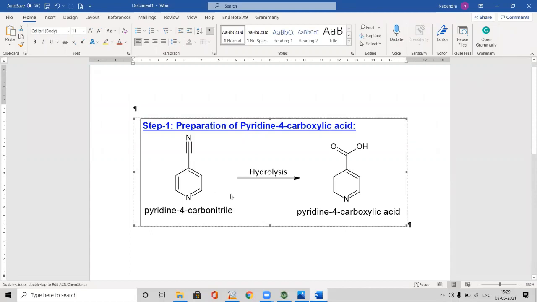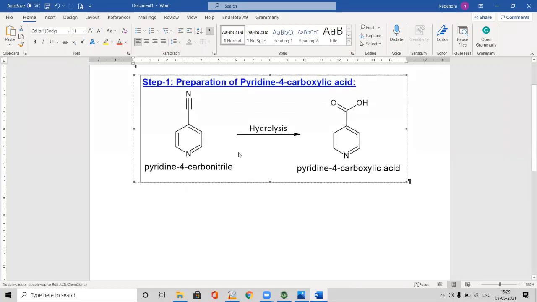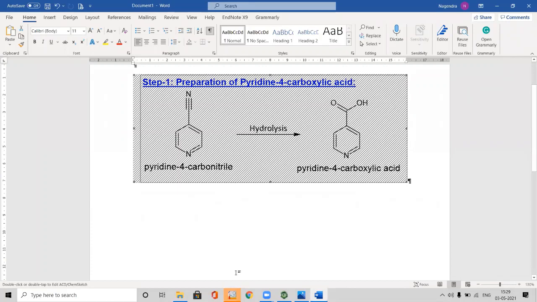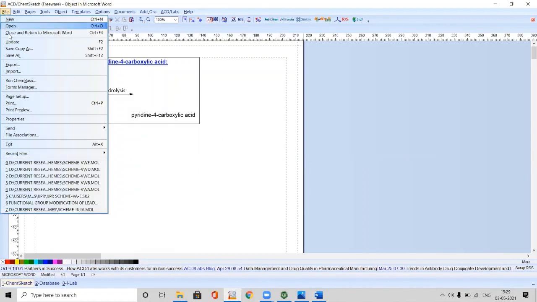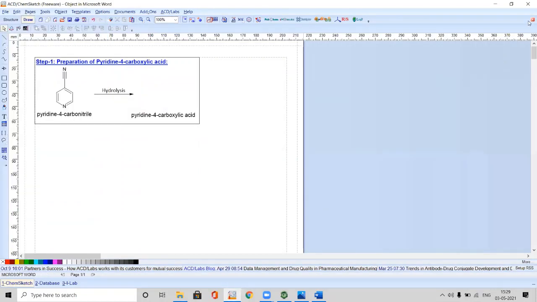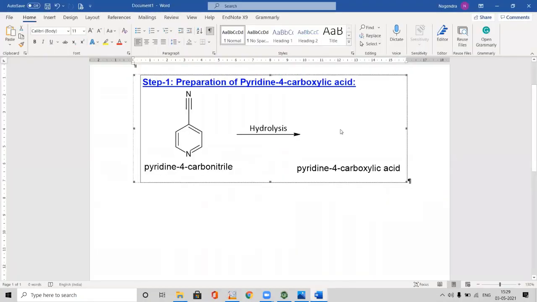You will get very clear chemical structures by drawing the chemical structures or reactions through any of the chemical structure drawing softwares. If you double click, automatically it will take you to this one. Here it will be highlighted. If you change anything, say for example I am showing you, I will delete this structure, deleted. I will go to file, here update will be the option. I will click on update. I will close this. Then you see in the Word document, it's been updated.